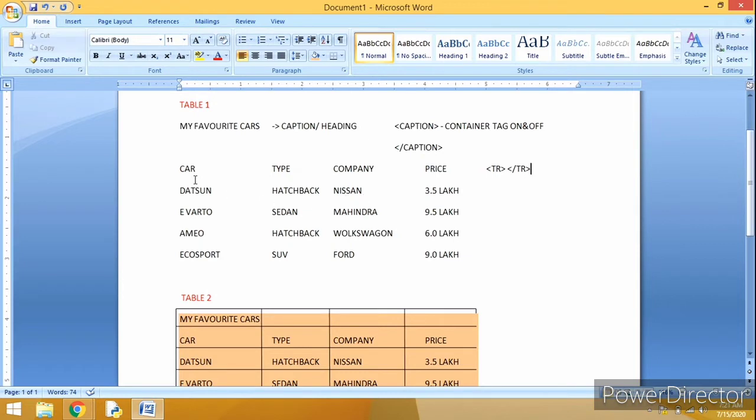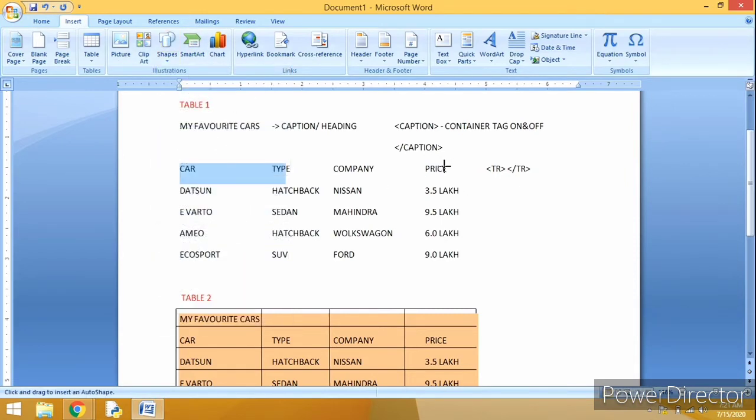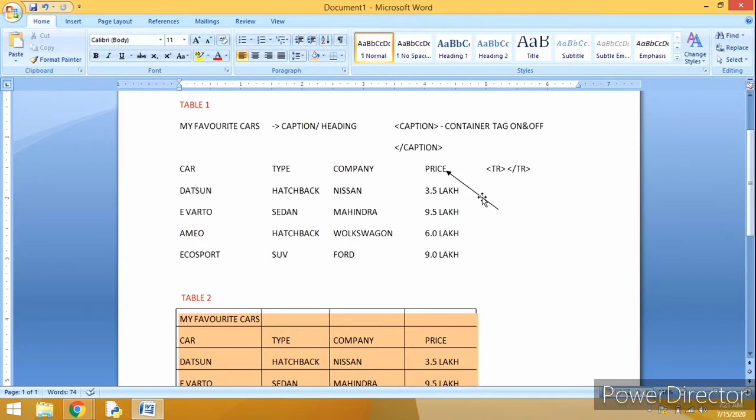Now, this row is your car type, company, price. What is this? This is the table row. In the table row, what is it?